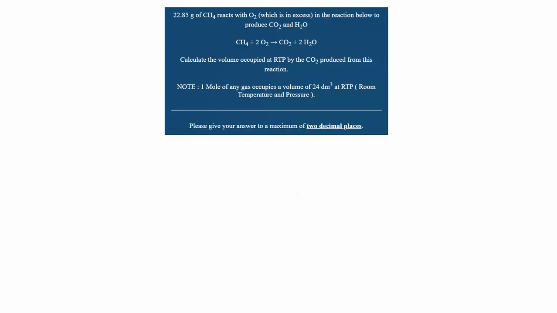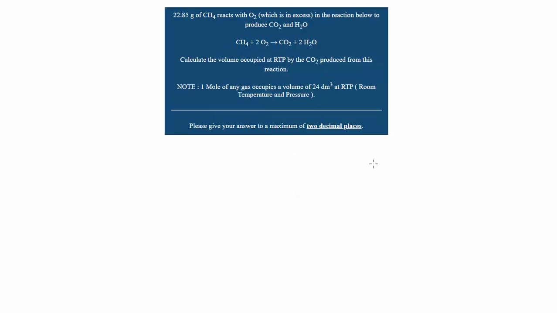Well, in order to calculate the volume occupied by the CO2, we're going to need to be able to work out the number of moles of CO2 that's actually produced, and from that point we can then work out, well, what's the actual volume of gas occupied. So how would we work out the number of moles of CO2? Because it's not given to us in the question, right? Okay, so the way I'm going to approach this is, well, the question gives us data which is relating to the mass of CH4,